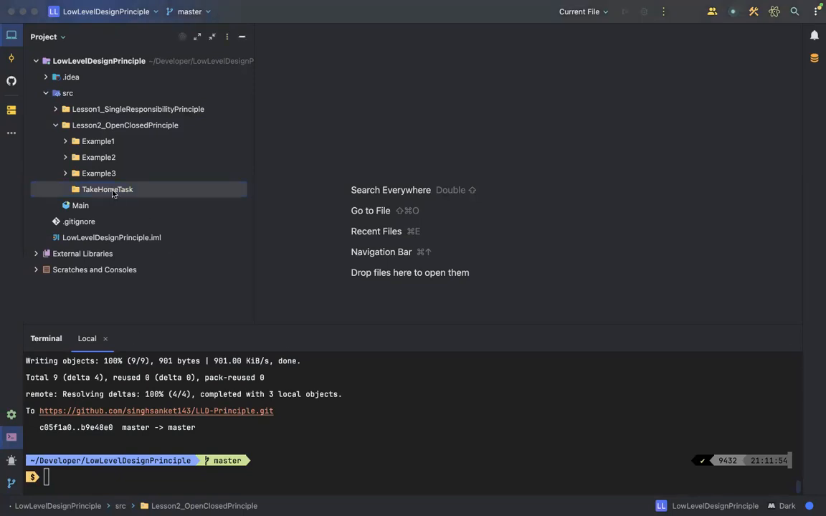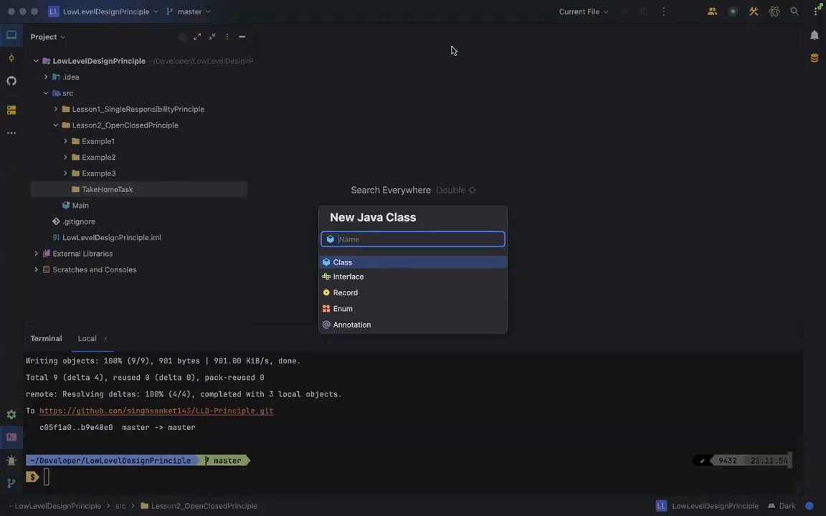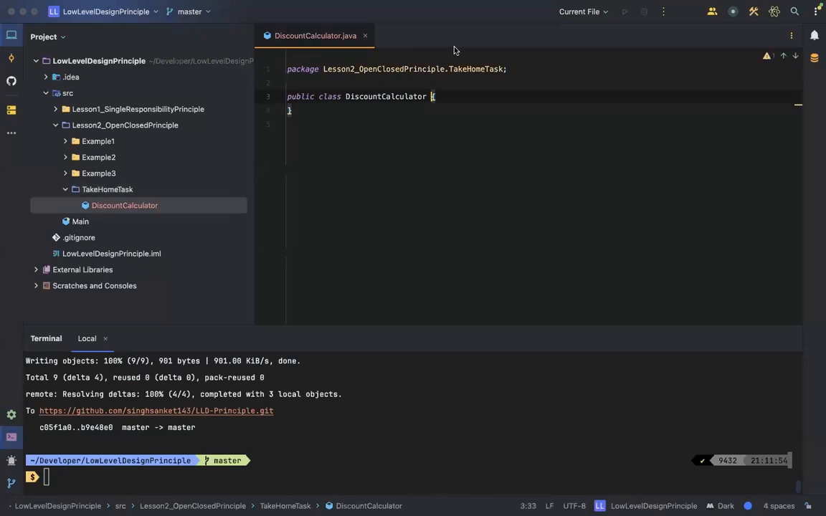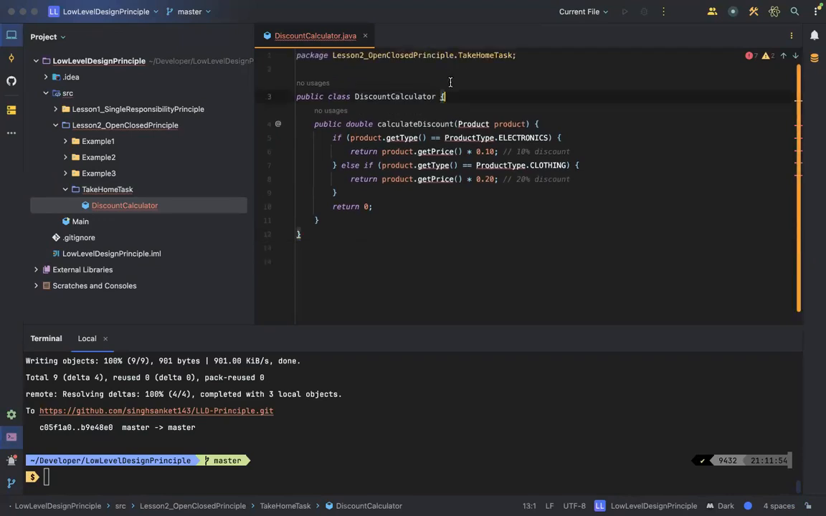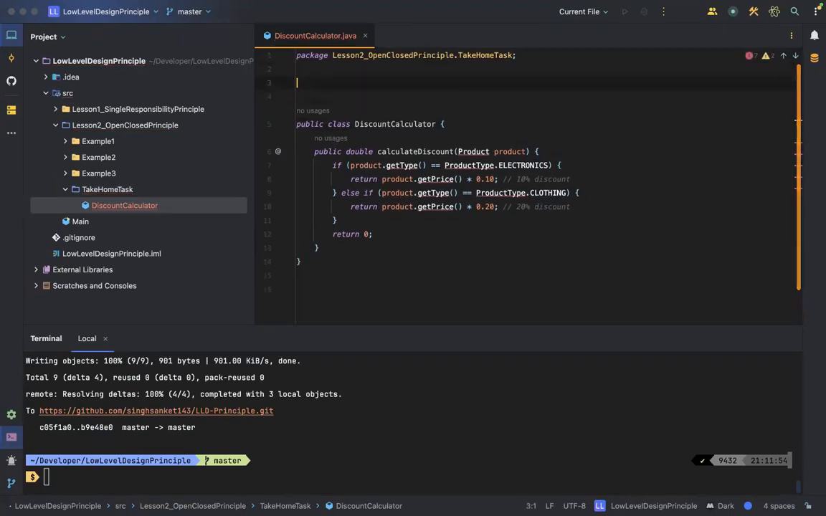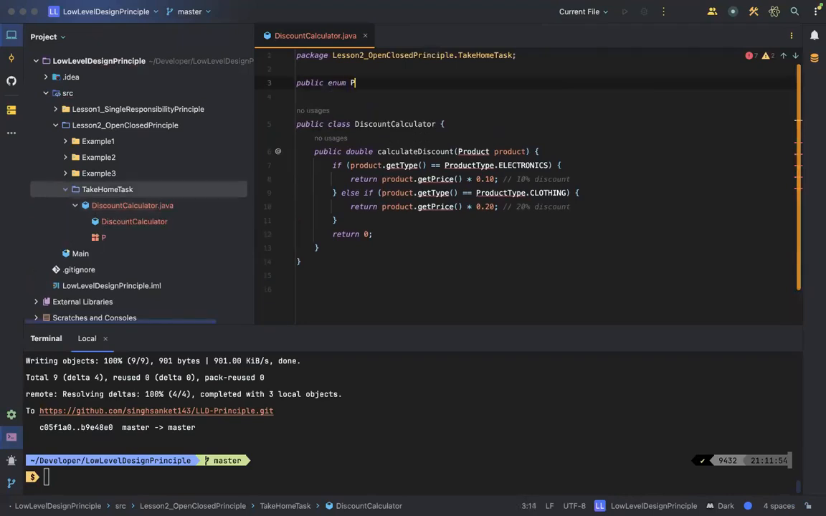So I'm going to write two problematic classes. Let's call it DiscountCalculator. Whosoever is done with this assignment will be in a very good to go shape for some of the design patterns. Okay, I'll make a public enum,